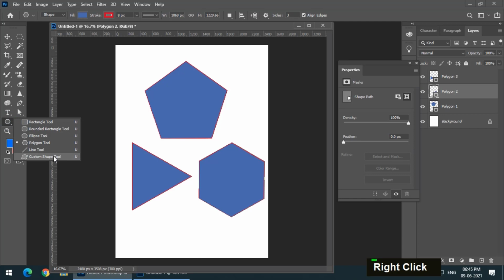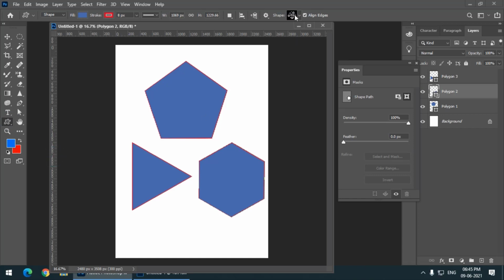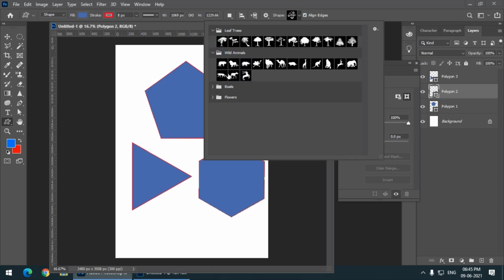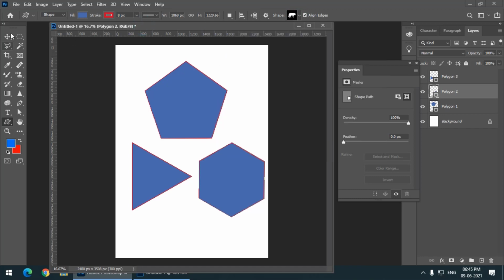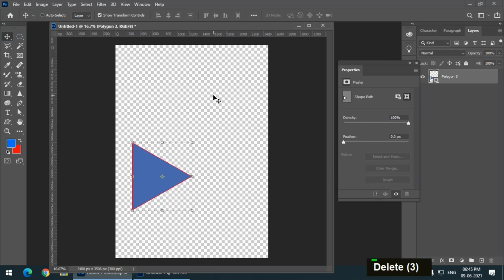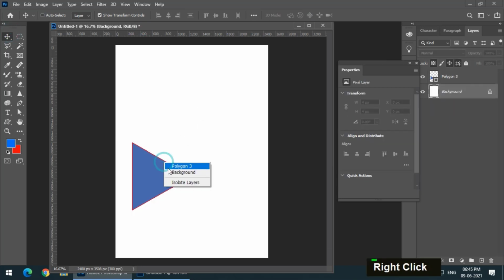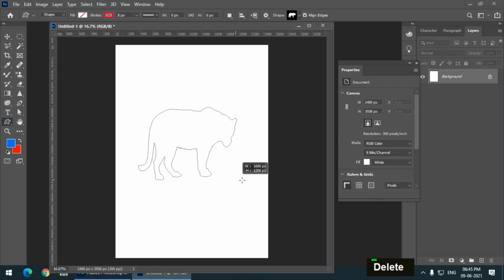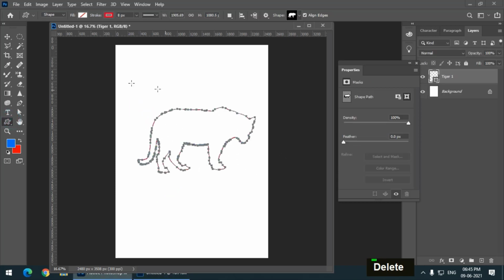Then we have custom shape tool, which has ready-made shapes over here in this gallery. So we have some animals. Let me delete these shapes first. Then we have these animals. So this looks like a tiger.